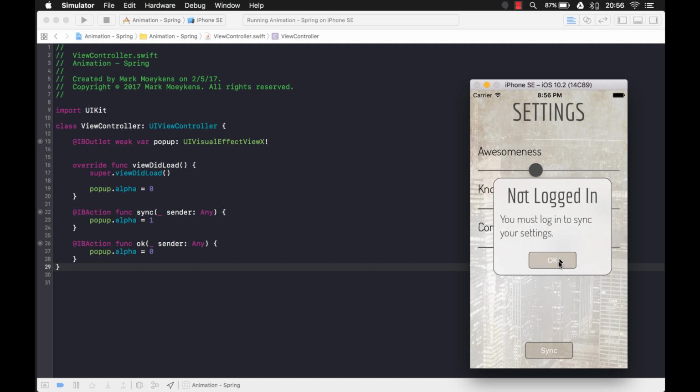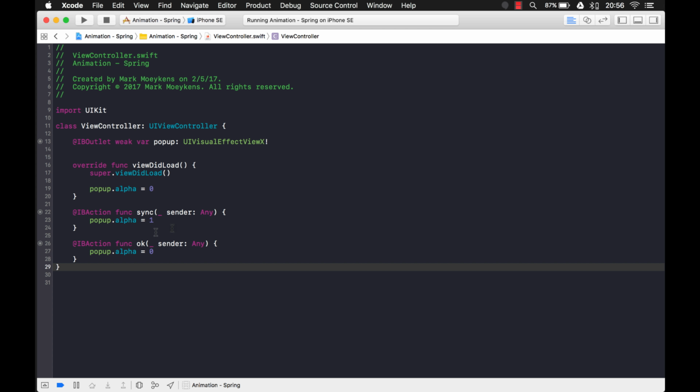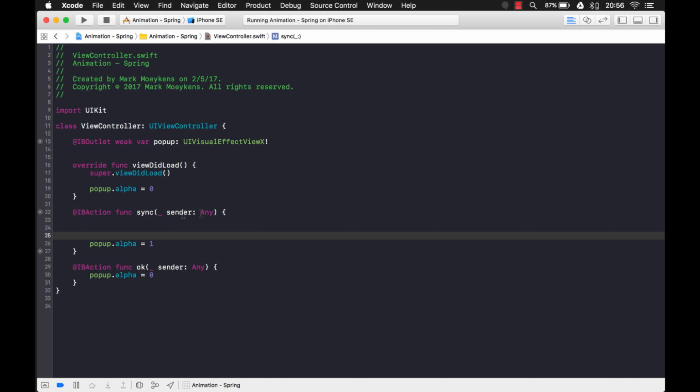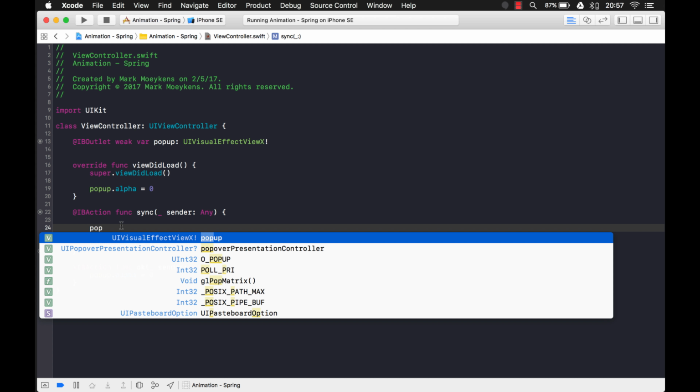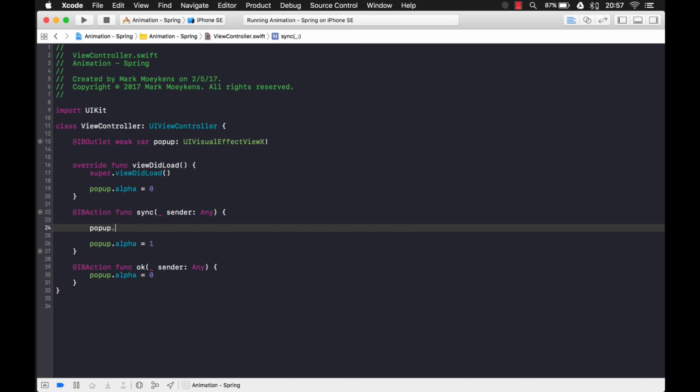So notice, when you show something with no animation, it's kind of boring, right? And that's what I'm trying to teach you guys, how to create a better user experience. Even just a little bit of animation there will create a much better user experience. All right, so what do we need to do? When I click this sync button, well, I'm going to show the pop-up, but I also want to animate it. So the way to do that is, remember I told you, what I did was I applied a transform to the pop-up. So you do that by setting the transform property